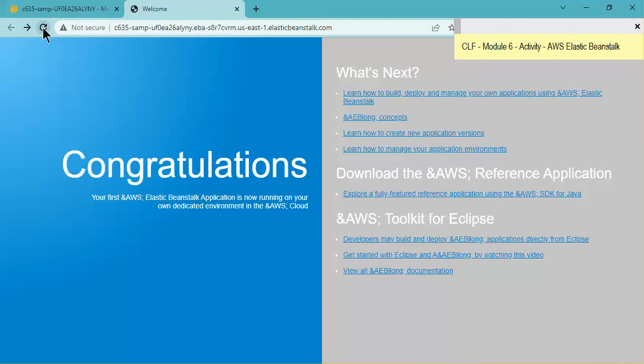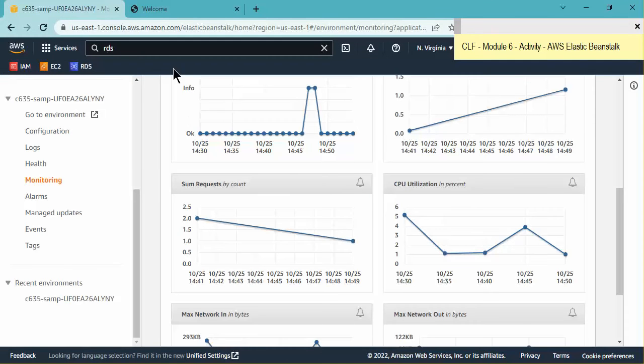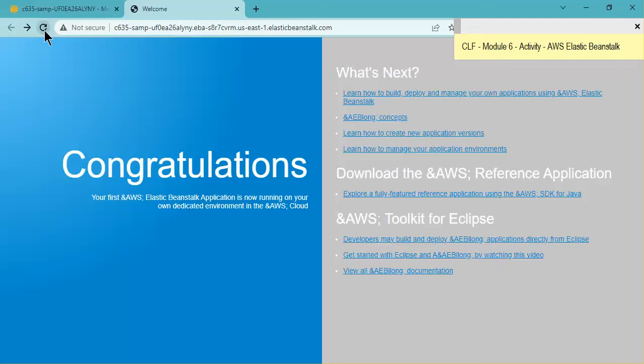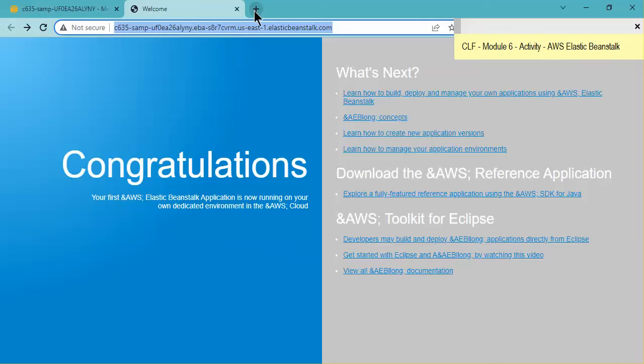If I refresh it again, there should be a change because I'm asking for that application again. But I don't know how long this is going to take. I can also open another tab where I could open this as a second tab. So just a moment. Okay, in this case I open a second tab. If I refresh this and if I refresh this,